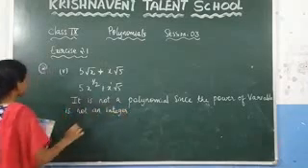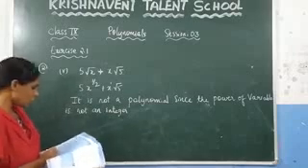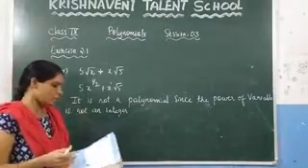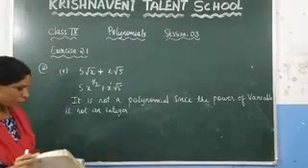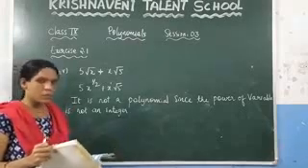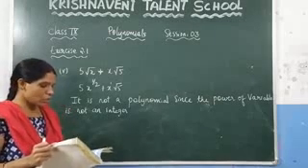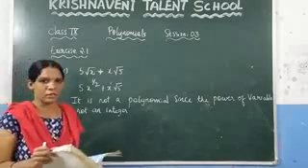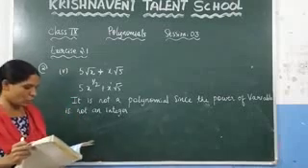In the second question, one more problem is given that you can do in the same way. What is the question given here? x power 100 plus y power 100. And you know that it is a polynomial because the power is a positive integer. And it is not a polynomial in one variable because it involves how many variables? x and y. That you can do as homework.